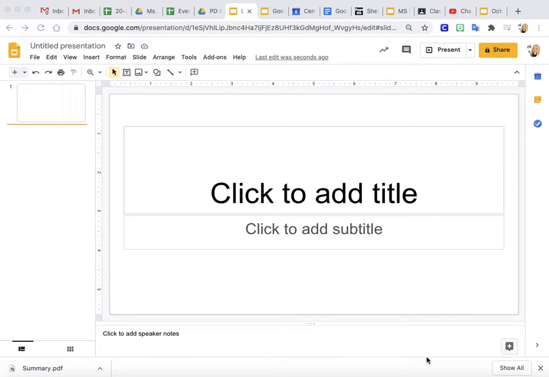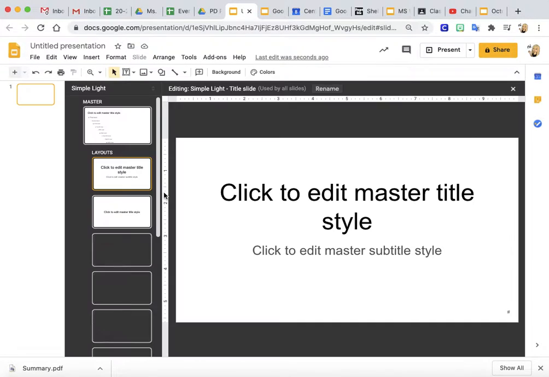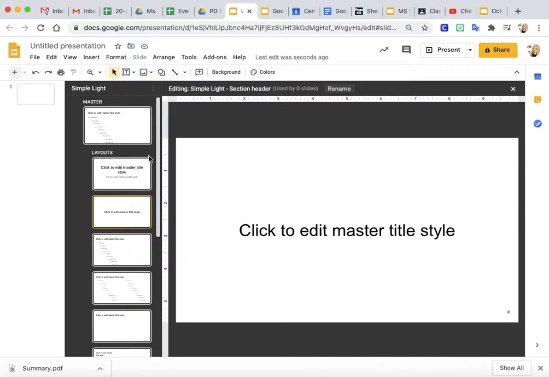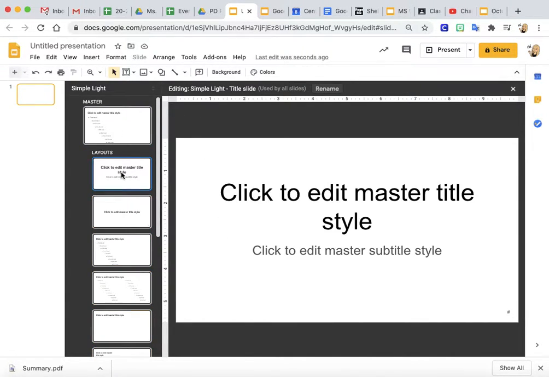in Google Slides so that you can just keep adding them to your document. So I want to create a master slide that has an instruction page for my students. So what I'm going to do is I'm going to go to slide and then put edit master. And what that's going to do is it's going to bring up a bunch of different options. It doesn't super matter which one you choose, but I'm going to pick this top layout and I'm going to